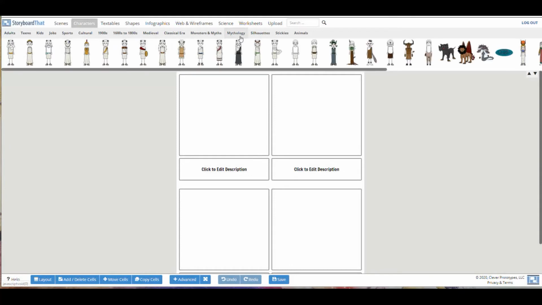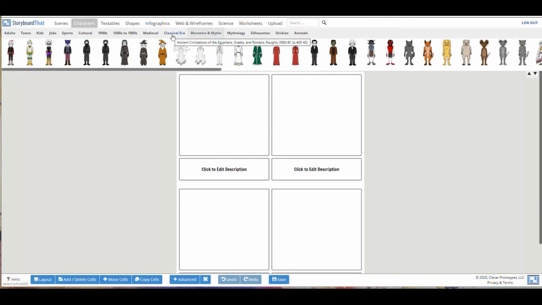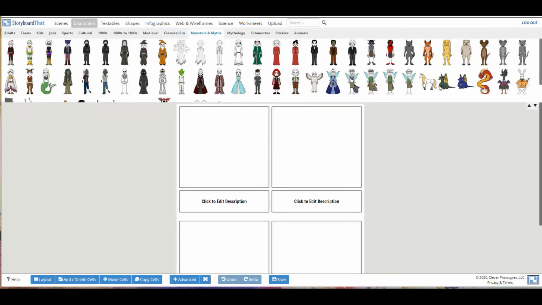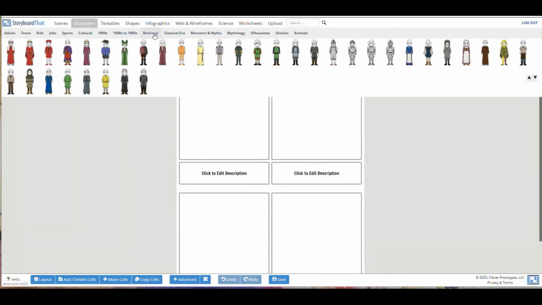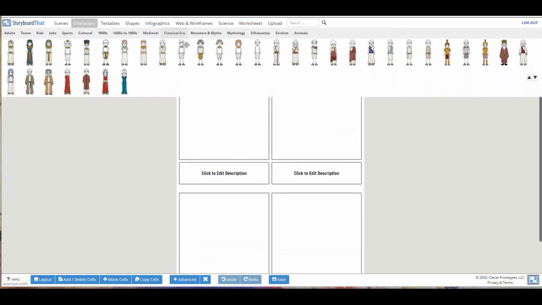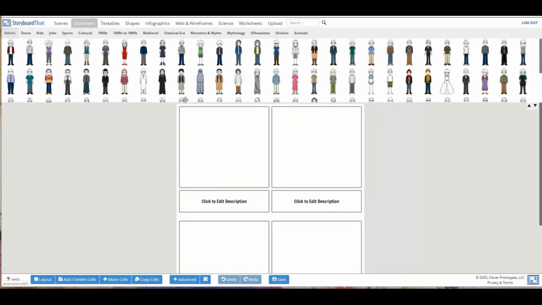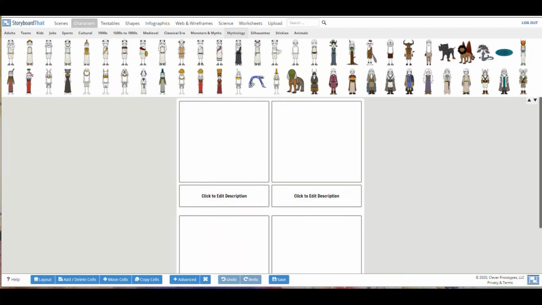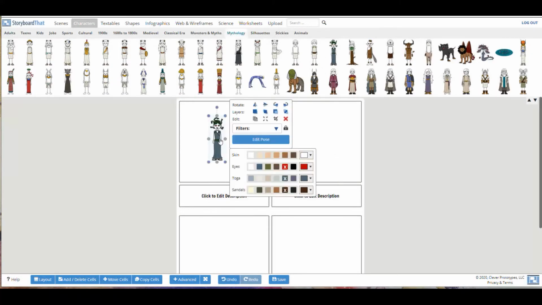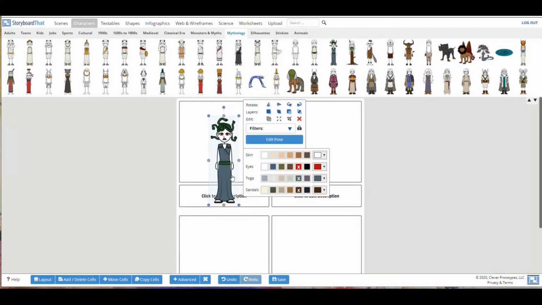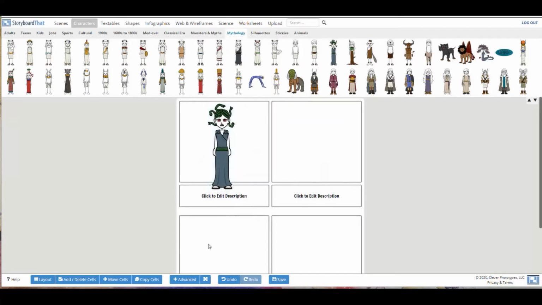And once you've selected your character, you can actually change its position and the color of the clothes it's wearing, the color of its skin and eyes. So not only do you have a lot to choose from as far as the type of person you're looking for, you can also individualize it and create completely new characters